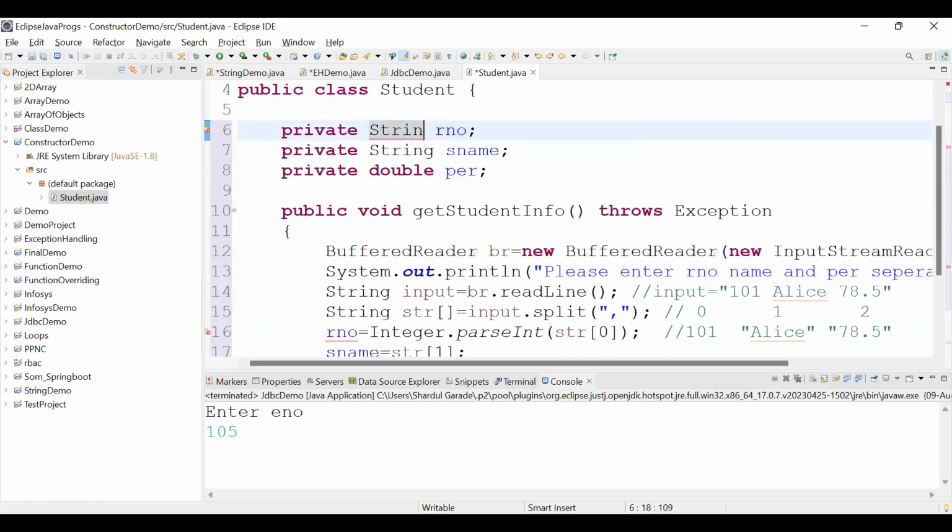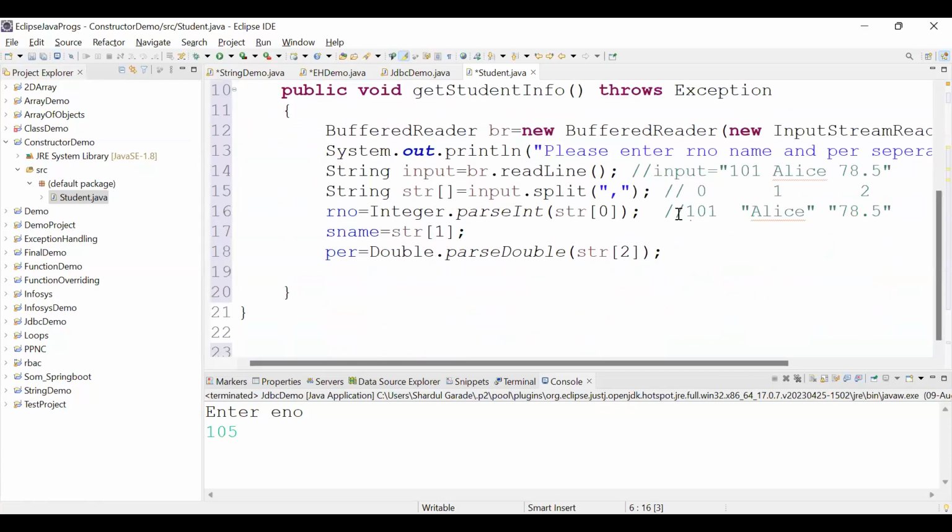If you want to convert a string into an integer, that's what I'm doing over here. This 101 is a string, correct? Yes, sir. I'm converting it into an integer by applying